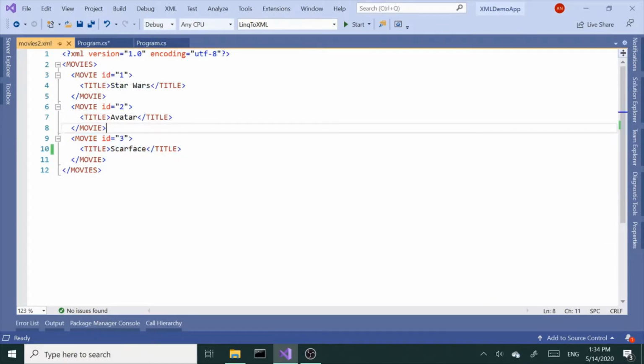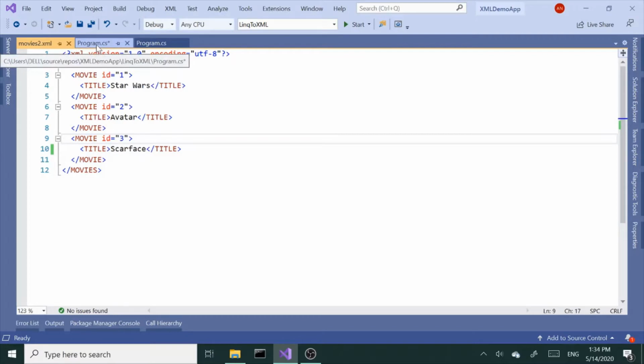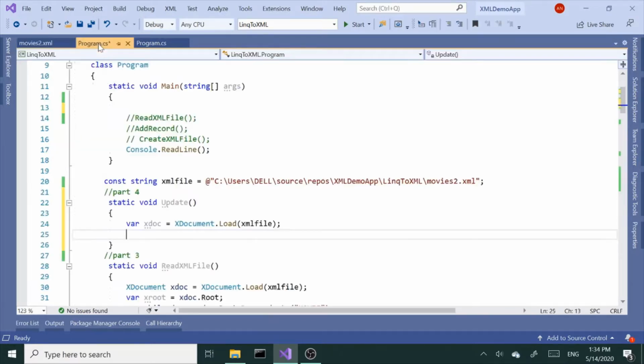So I'm going to target this last guy here, Scarface. I'm going to filter this by the ID and grab it. So I'm going to create another variable. Let's call this target, TGT for short, equals